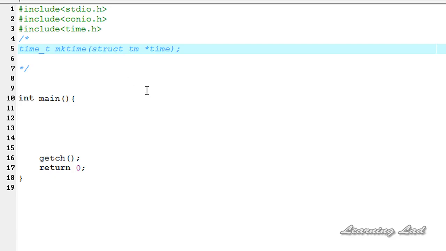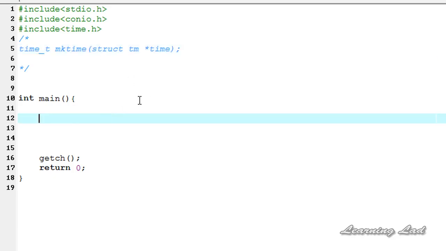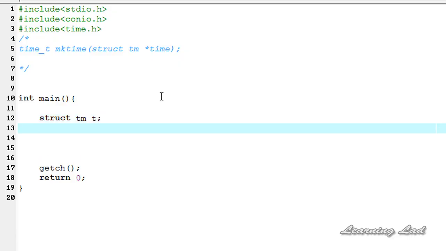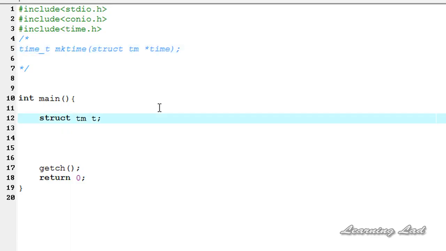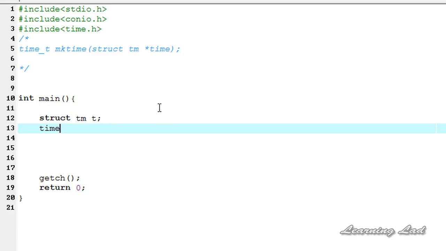Okay, now we're gonna see how we can use this function and convert the time in broken down format to the calendar equivalent time. So first what we're gonna do is we're gonna create a pointer of type tm. So it's gonna be struct tm, and I'm gonna call it t. And the next thing that we're gonna do is we're gonna create a variable of type time_t to store the return value from this mktime function. So it's gonna be time_t and the variable name. So I'm gonna call it time_c